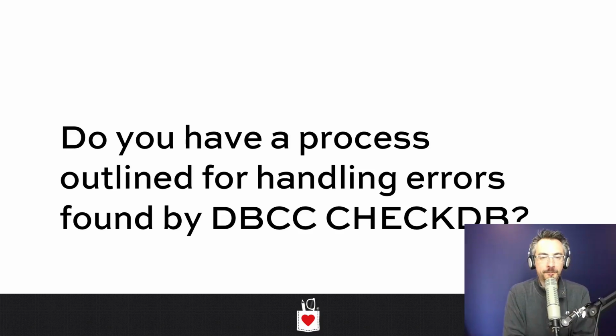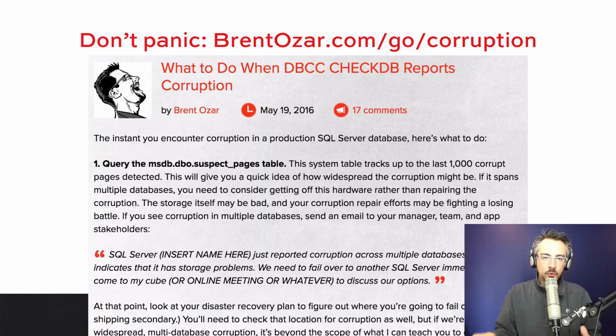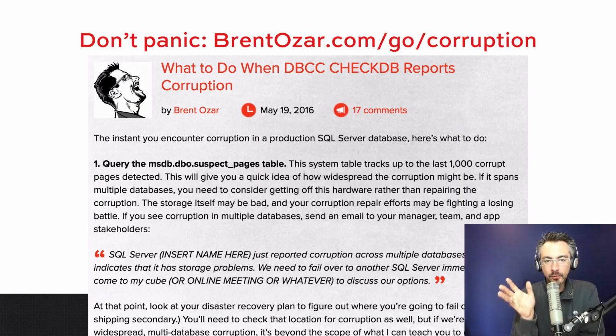Finally, the last section, what happens when CheckDB reports an error? Or whenever users run a select and they get a warning, or an insert, update, or delete that comes back with a warning, sorry, you're going to have to go run CheckDB. I get this question often enough, and I don't take this work, actually. If someone calls in with a corrupt database, because the problem is they want it to be fixed right away, and I'm usually busy doing something like training you incredibly attractive people right away, and I can't drop what I'm